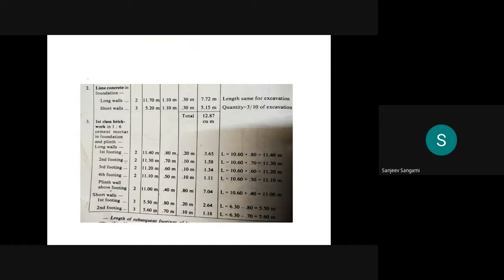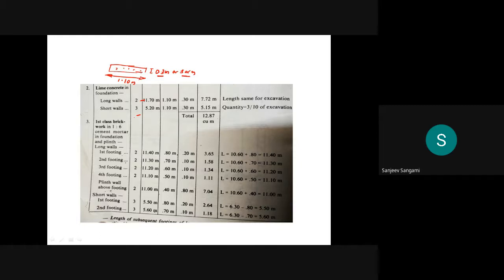That footing at the basement, how much it is there is given with a dotted line. So he has given this as 1.1 meters. Then this height he has given 0.3 meters, or it is 30 centimeters. Then for line 4 for concrete, this will remain the same always, because long walls we have 2 and the short walls we have 3.